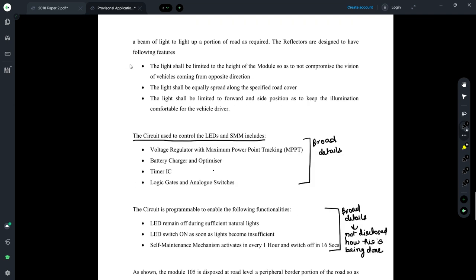I'll just give you an example of what I had mentioned about broad details. If you see, I've mentioned a circuit which is used to control LEDs, and there is a particular feature called SMM. So I've just put in what the different features are. I've not explained the circuit diagram, or how they are connected, or what each is doing. In a way, I'll broadly define that there is a circuit which is used for putting out light in the reflector, and the SMM is used for cleaning of the reflector. But how these features are connected to each other, I'll go into in the complete specification, whenever the appropriate time is there for that.